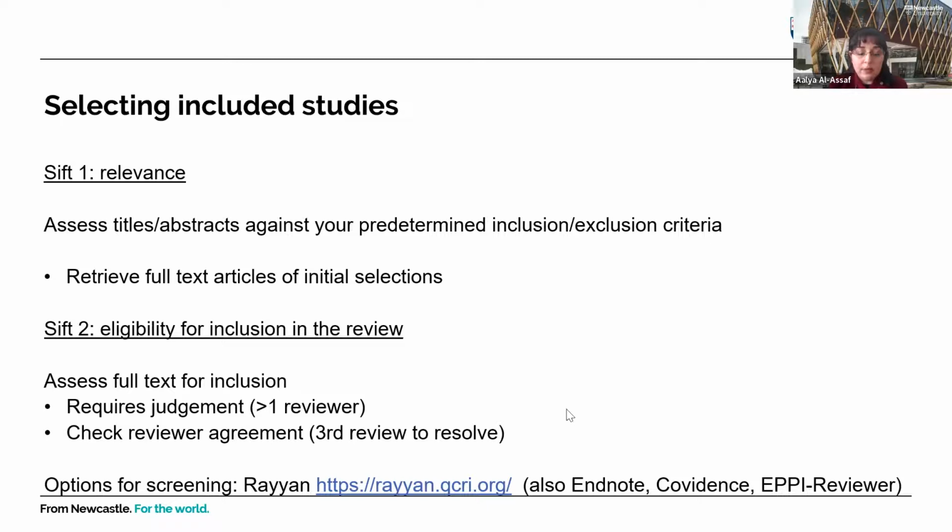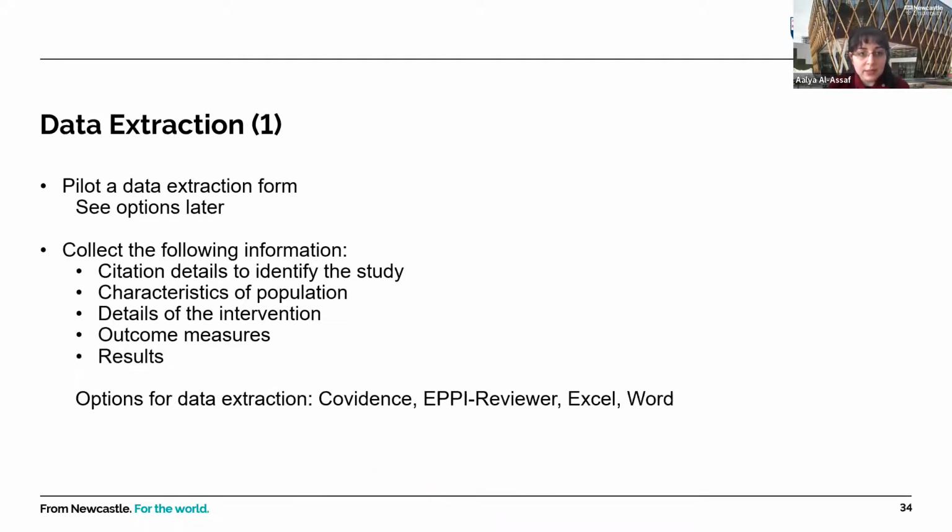there are some sources that you can use. There are programs or software that you can use to do the screening. One of them is Rayyan, and also there is Covidence and the EPPI reviewer, and also you can use EndNote to do screening of studies. The sources or the references to these websites and programs are available at the end of this presentation in the references slides. So if we move on to the next slide, please.